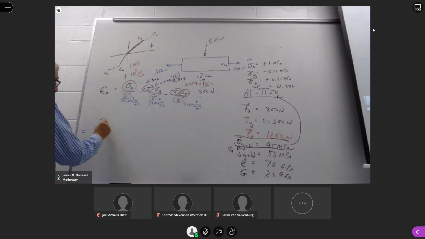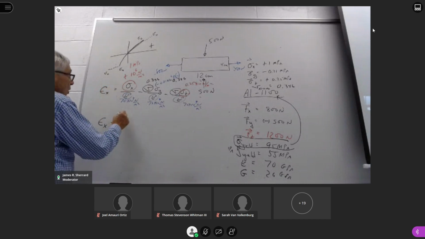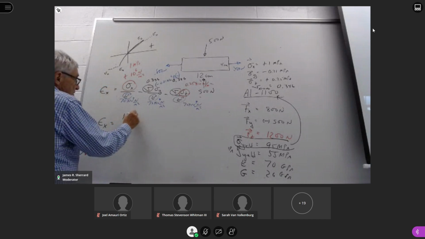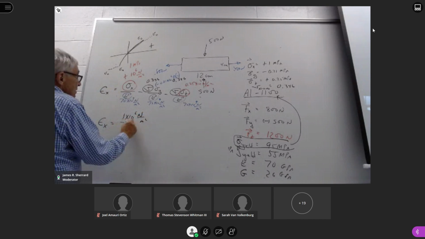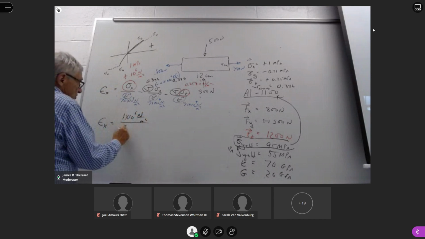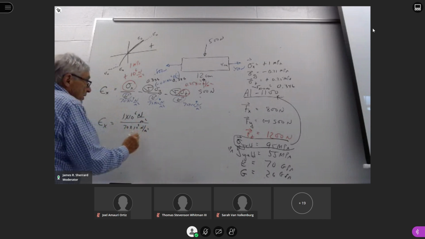Sigma x is going to be the contribution we have for the x direction. So sigma x was 1 times 10 to the 6th newtons per meter squared divided by E, which is 70 times 10 to the 9th newtons per meter squared,